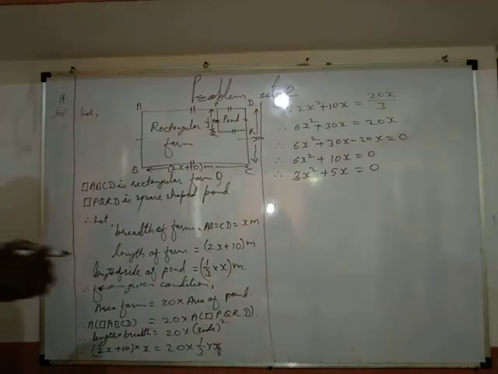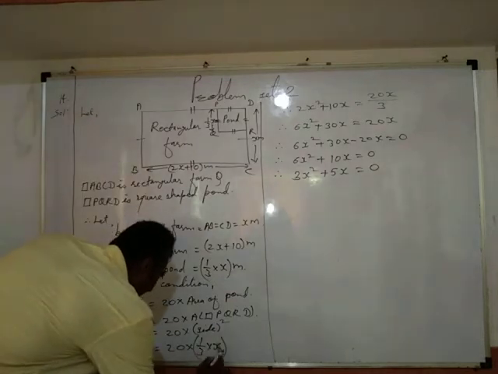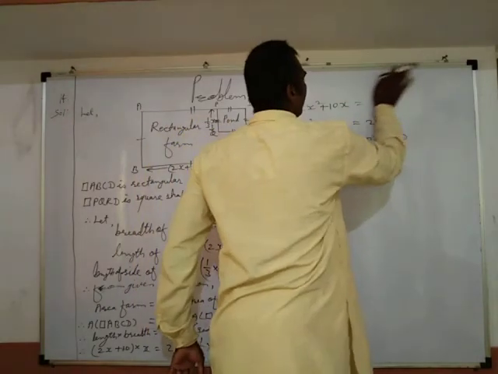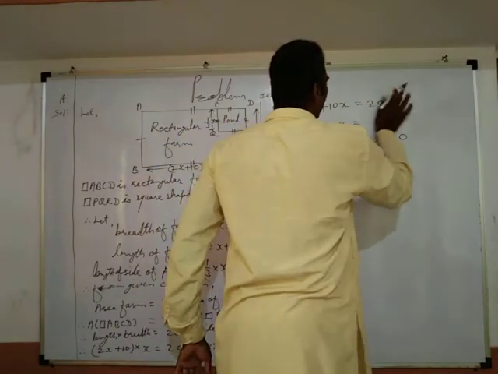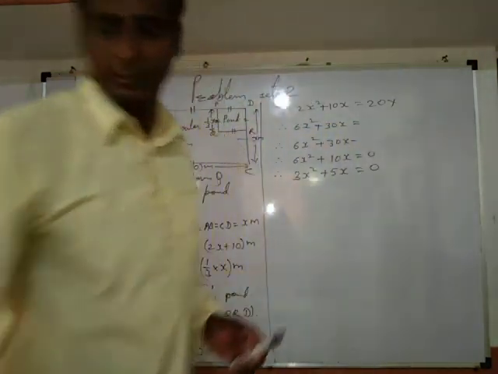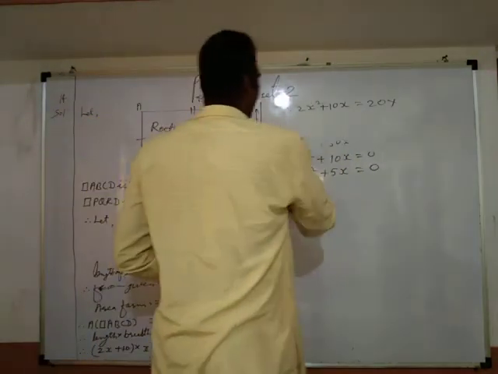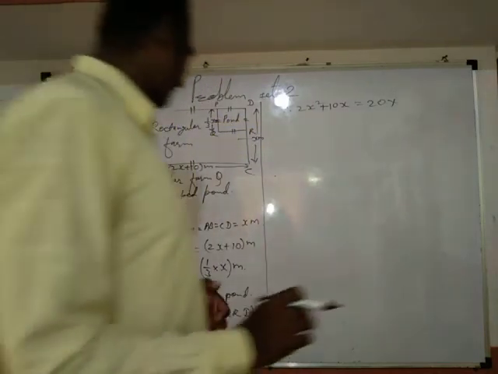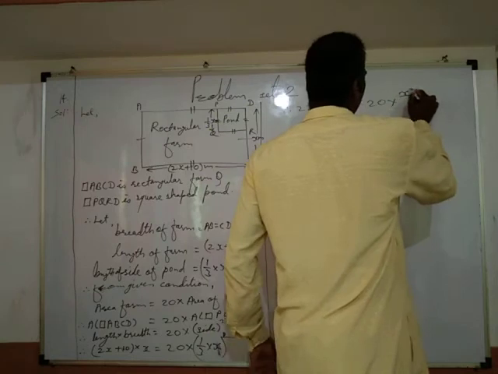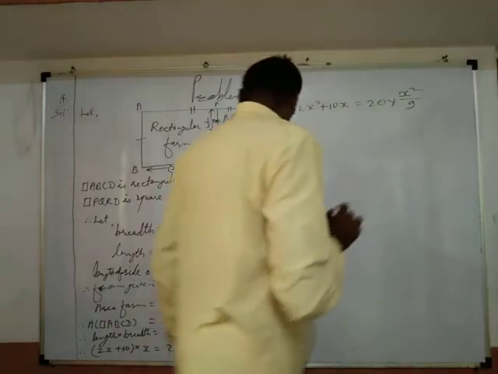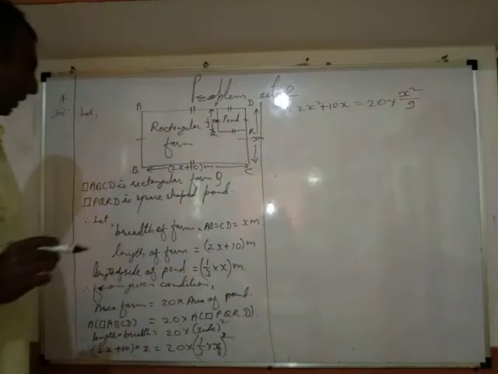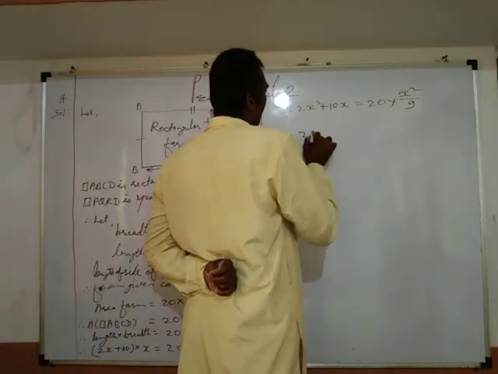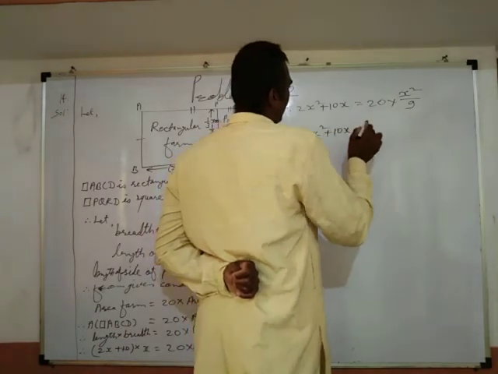We forgot here to consider its square. 1 by 3x square means it will be like this: 20 into the square of 1/3 of x, which is x square upon 9. Now it will be like this: 2x square plus 10x